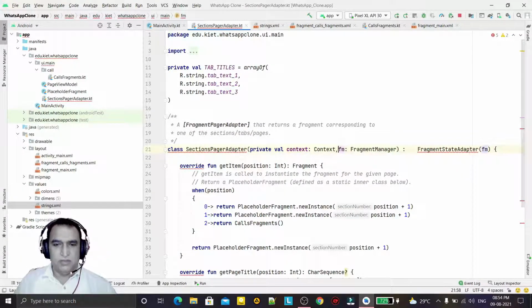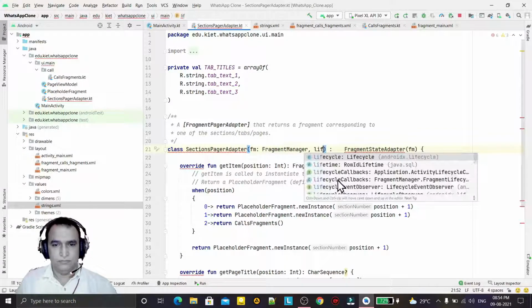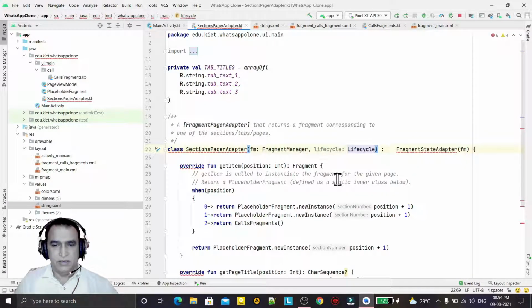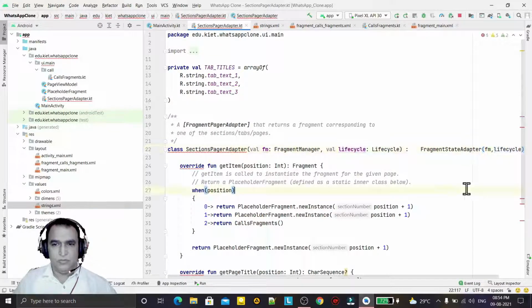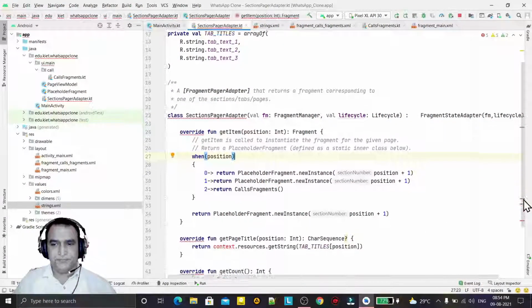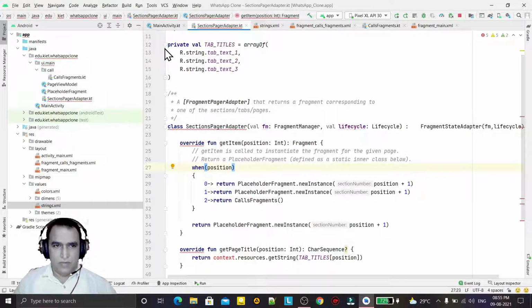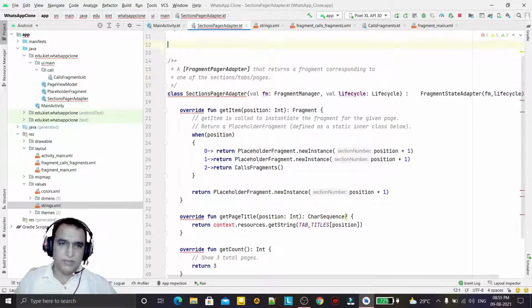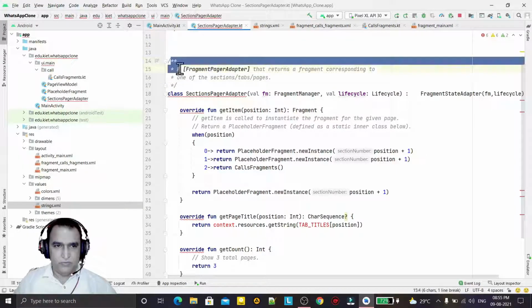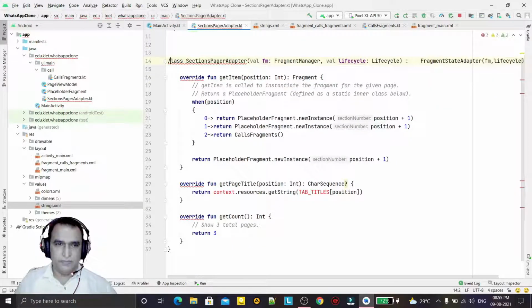Now I have to change this fragment to lifecycle like this, and I have to pass the lifecycle here also. This error has gone. Now I have to remove these also, no need of this. I have to remove this one also, no need of this one.